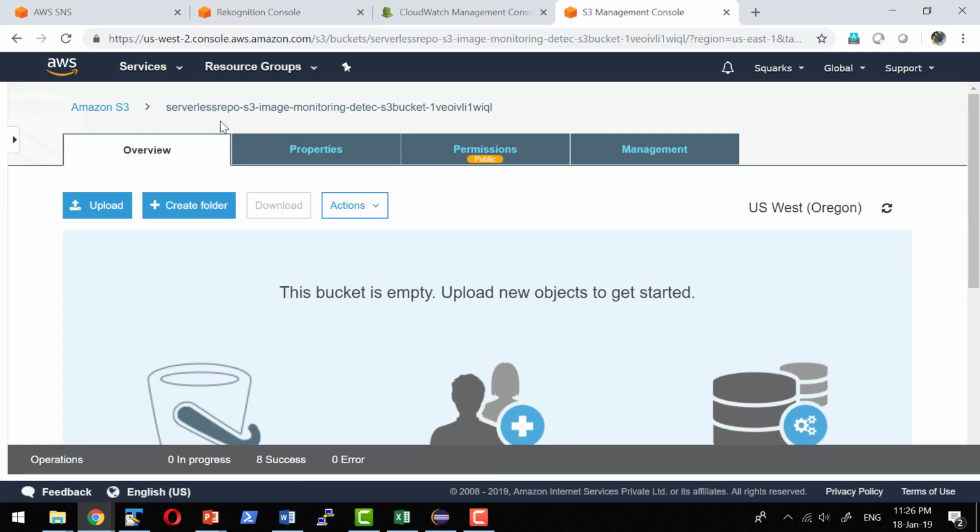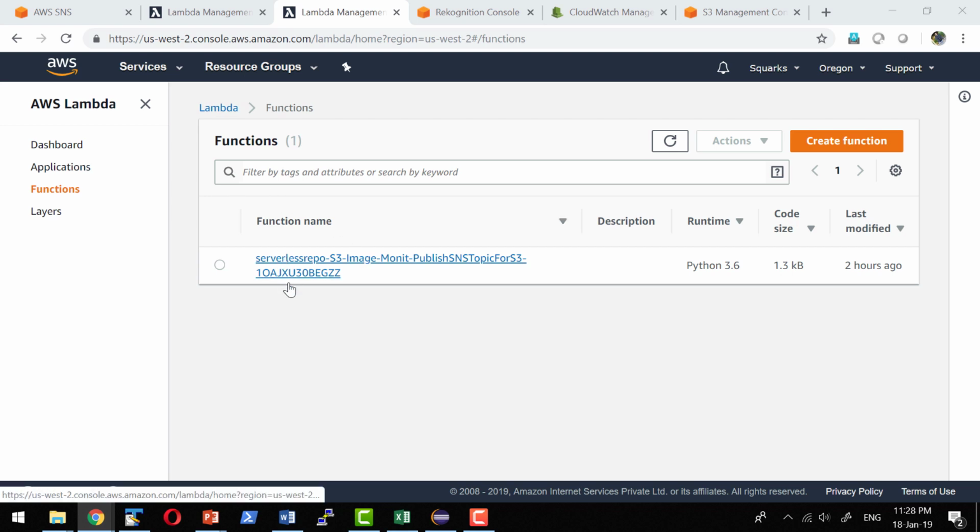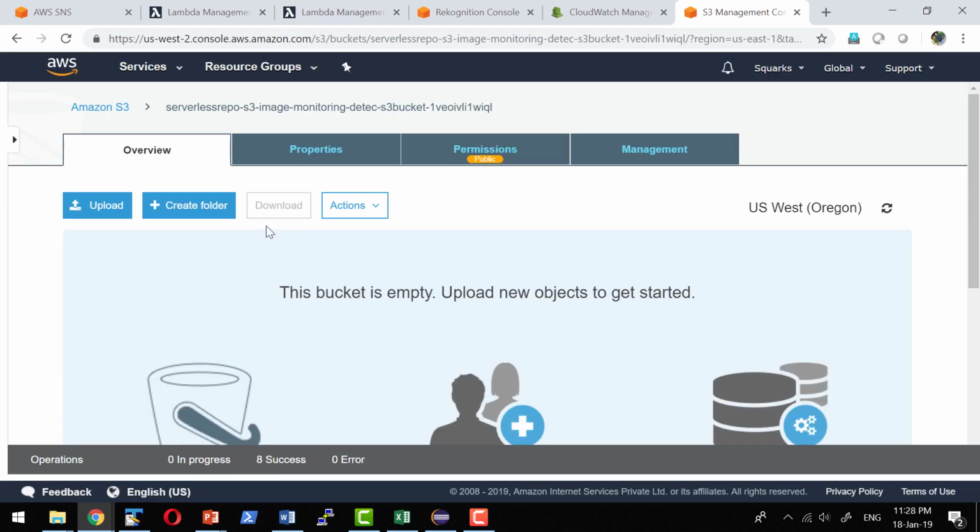And I do have a bucket which will be acting as a trigger. Whenever I add any image into this particular bucket, this particular Lambda would get triggered. So the workflow works like this. This Lambda function would get triggered while adding any image into this S3 bucket, and the resources would get consumed only for the duration for which the function is getting executed. And if there are no requests for the entire day or for the entire month, there will not be any charge against the Lambda. That's a very, very huge advantage.